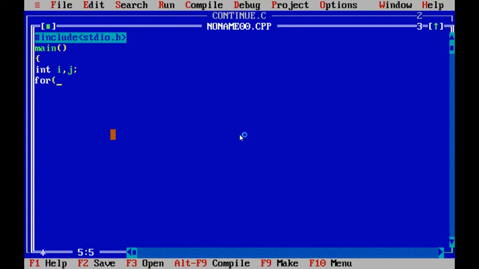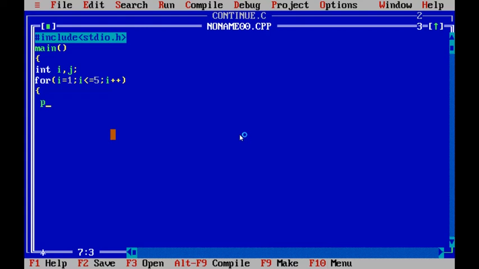For loop begins: i = 1; i <= 5; i++. This is the outer for loop.